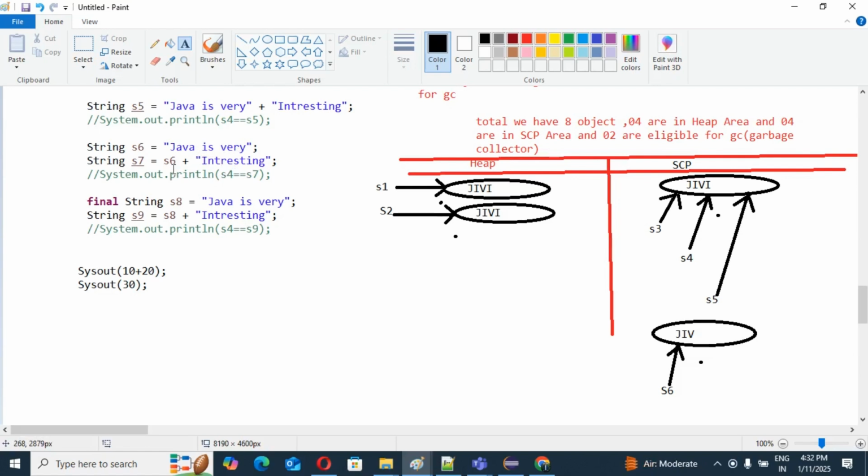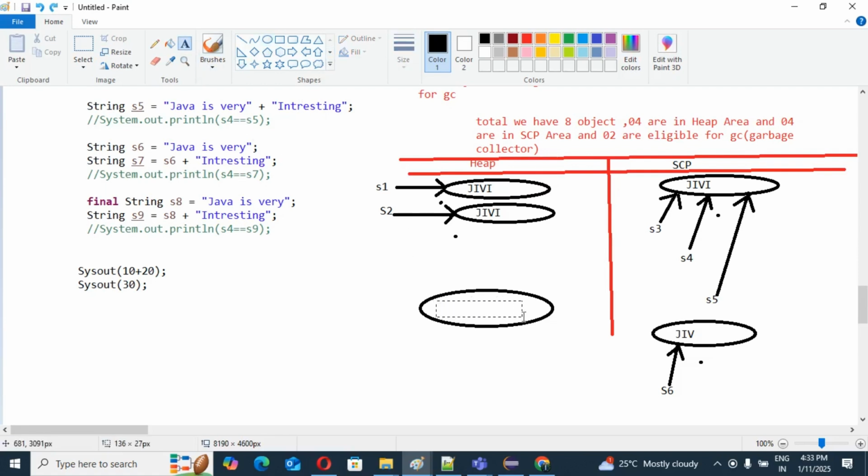So it becomes "Java is very interesting". Then this object will be created in our heap area, yes or no? As S6 is "Java is very", you add "interesting" here, and S6 is a normal variable.